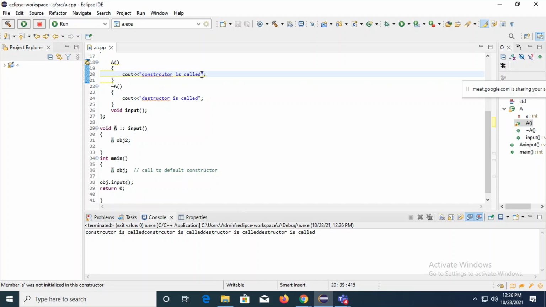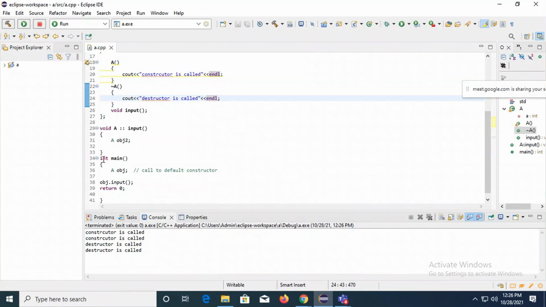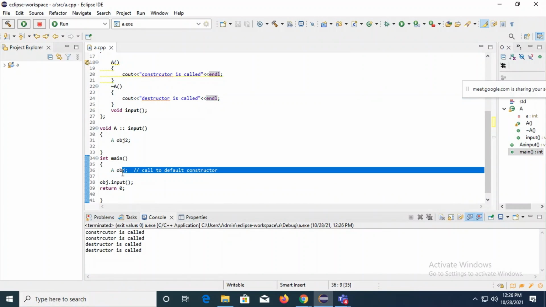See, compiler control is coming here first, then the compiler control is coming here. Fine. From here, the control will go to the constructor. So for object obj, the constructor is called. Next, the control is not coming out of main, right?